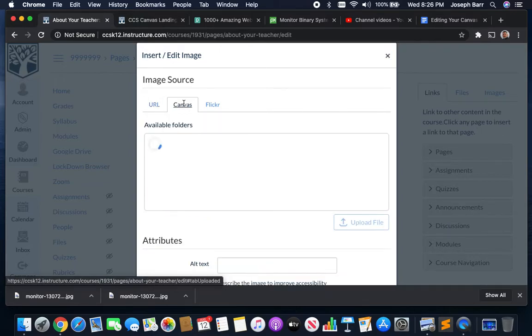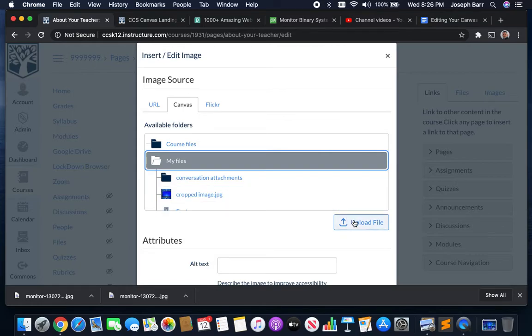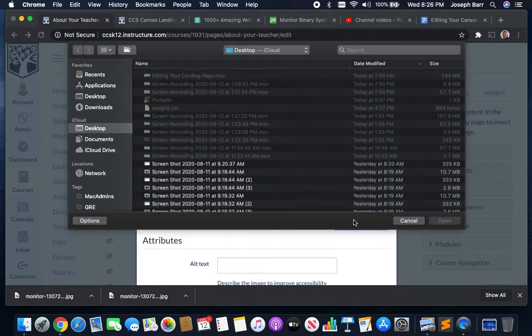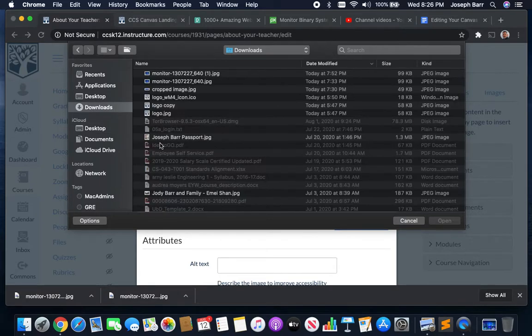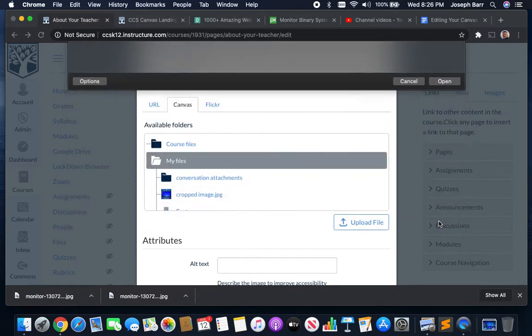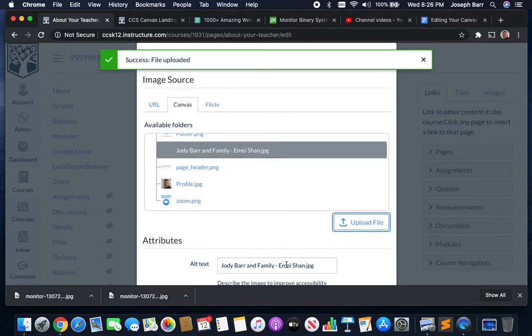And what I'd like to do here is to upload an image to my files. And so you typically want that image to be around 200 by 200. That's a good resolution there. I've got mine probably a little bit bigger. It's going to be around 187 kilobytes, but if I could shrink that down a little bit, I would. Once I upload that picture, we'll want to go ahead and